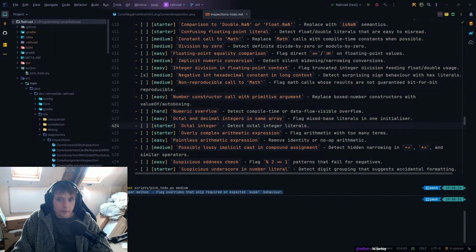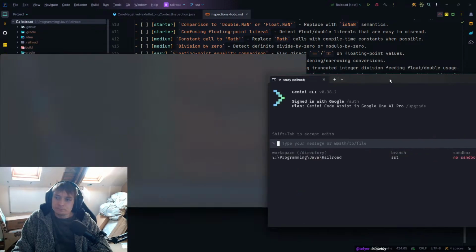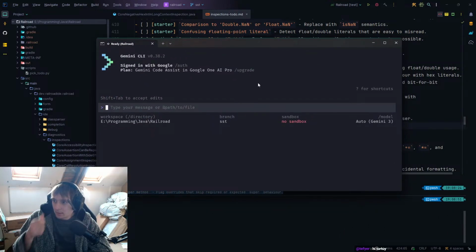Oh, yes, another thing, guys. We're not going to be using Codex today at all. And that is because actually I am now just trialing Gemini CLI. So here's Gemini CLI. And I'm just going to be trying this. So I don't know how good it is. It might be completely useless, to be honest. We're going to find out. I am paying... oh, God. Voice break. I am paying for it, so in theory it's okay,